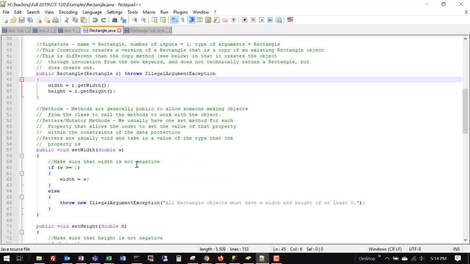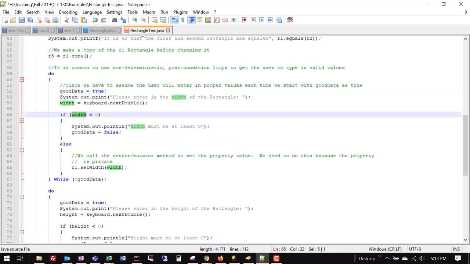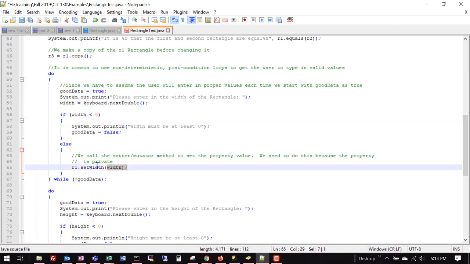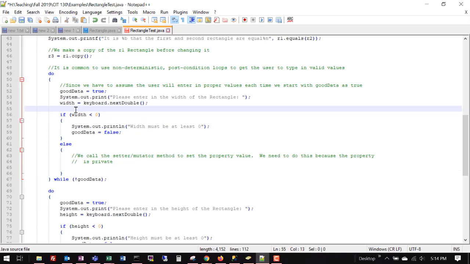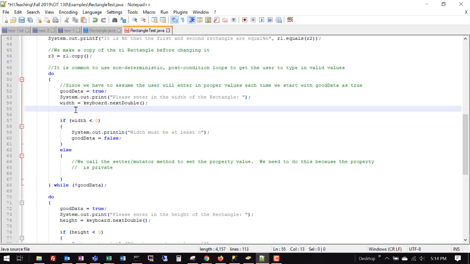Why should we have to check that, or even know that we have to check that, to tell the user something? Instead, if it's handled in the class as it should be, really all we have to do is try and set the width. If I pull this out and do it right after calling the next double,